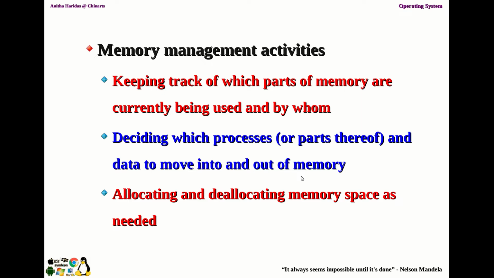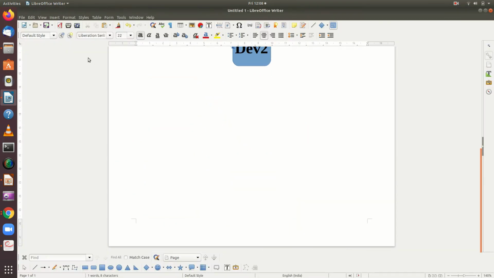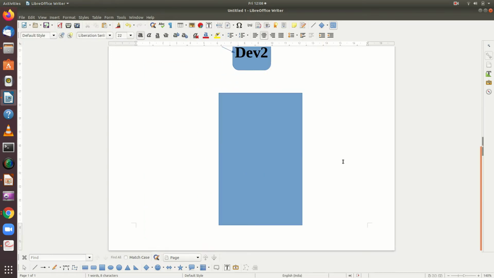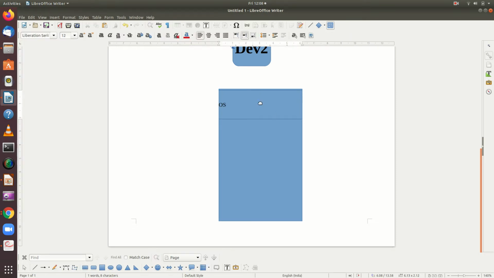So say for example, let us come to this and let me have the memory here. Okay, so inside the memory you will have the operating system stored. So one part will be stored for the operating system always, right?